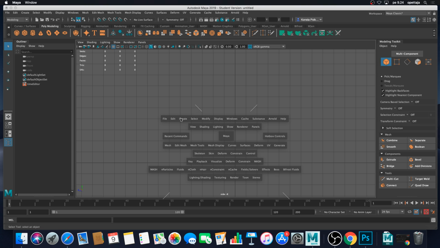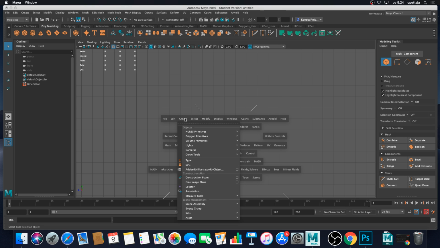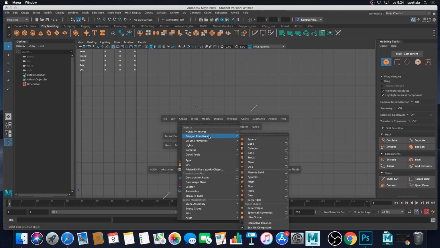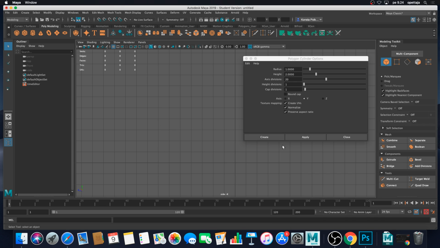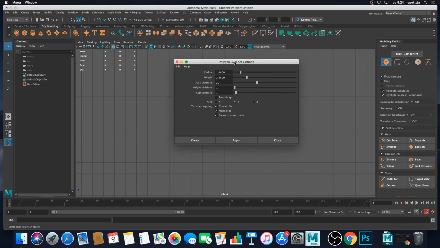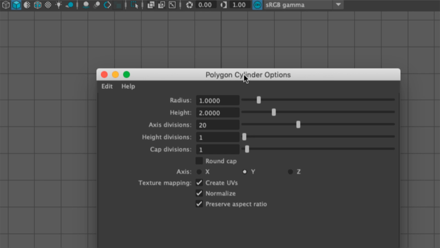And from here I'm going to select create polygon primitives, and this time I'm going to create a cylinder with options window like this, and then I have my options here,